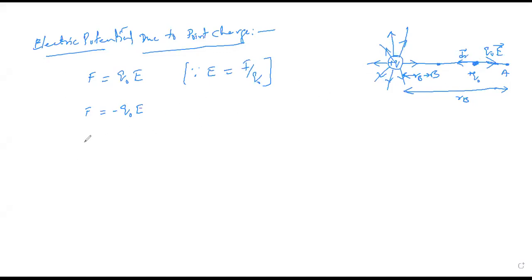Therefore, how do you define the work done? Work done is defined as force, correct or not? Force by the external agent, on which one, and how much distance is it moved? A distance of dr. Then work done should be written as force into displacement. How much displacement has it taken? dr. The displacement taken is dr.